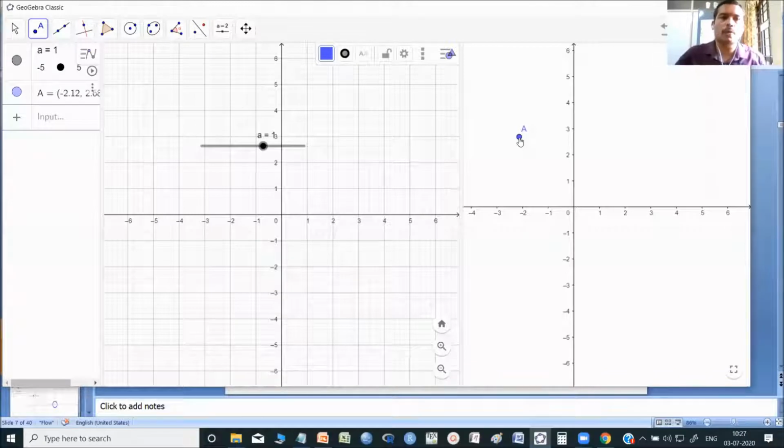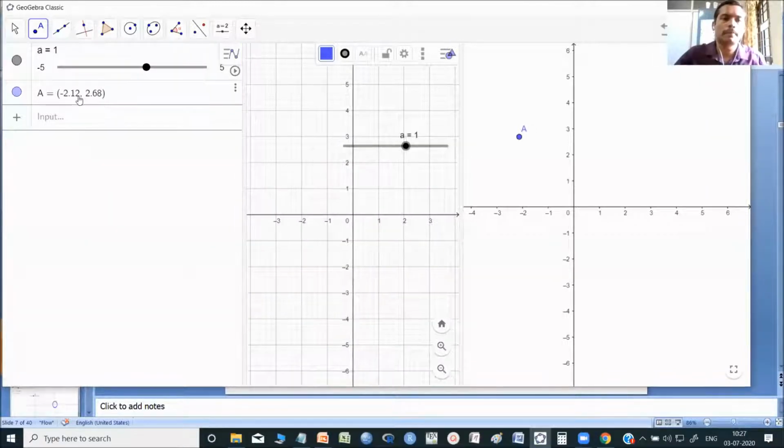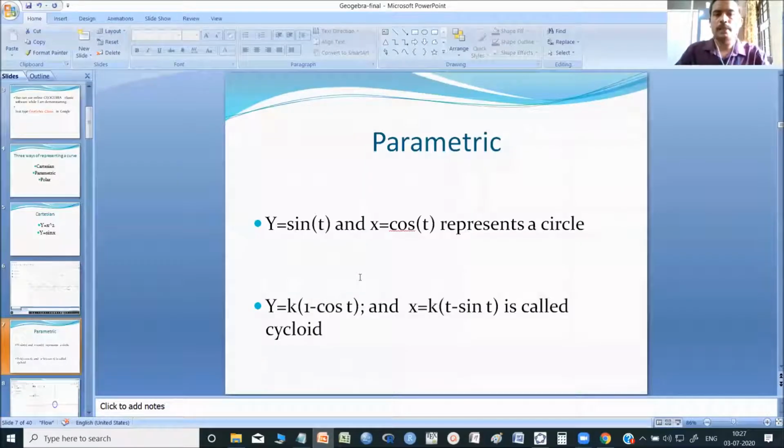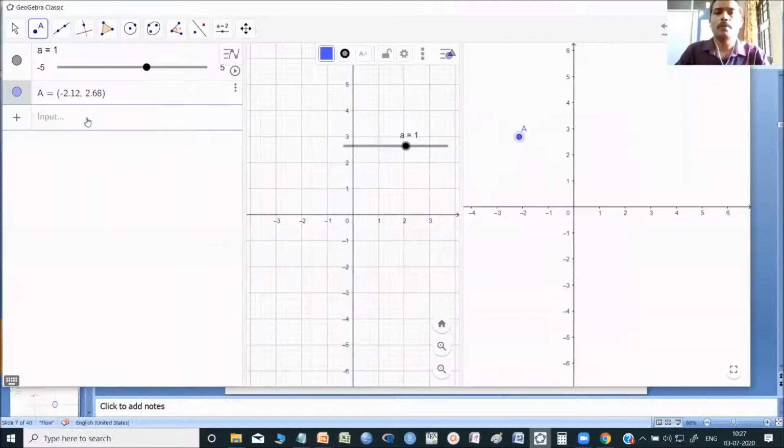I'm going to change the coordinates to the parametric function. So on the left side, you have to type. Suppose I want y equal to sin t and x equal to cos t, a circle, as in the example. That is x equal to cos t and y equal to sin t represents a circle, as I said. I'm going to show in GeoGebra how we can do that.